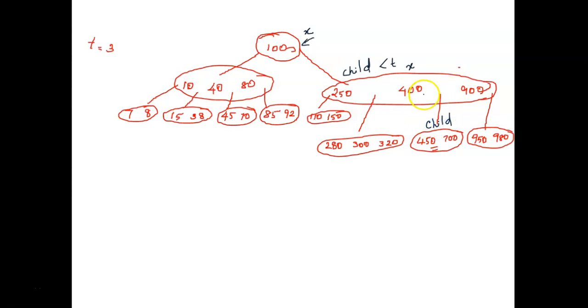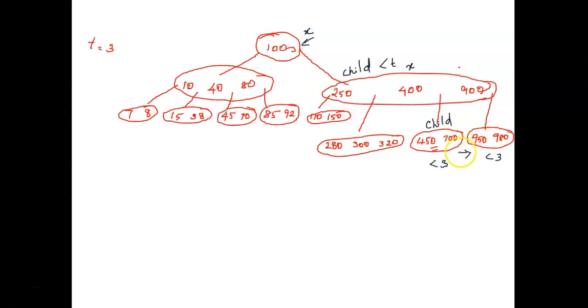Okay. So coming to this, I have to look into the third case. This is x now. Probably my child would be in this direction. So I have to check whether my child has t keys, that is 3 keys. No, it is less than 3. Number of keys is less than 3. So I have to look for an immediate sibling, and I have to find whether it also has less than 3. Yes, it also has less than 3.